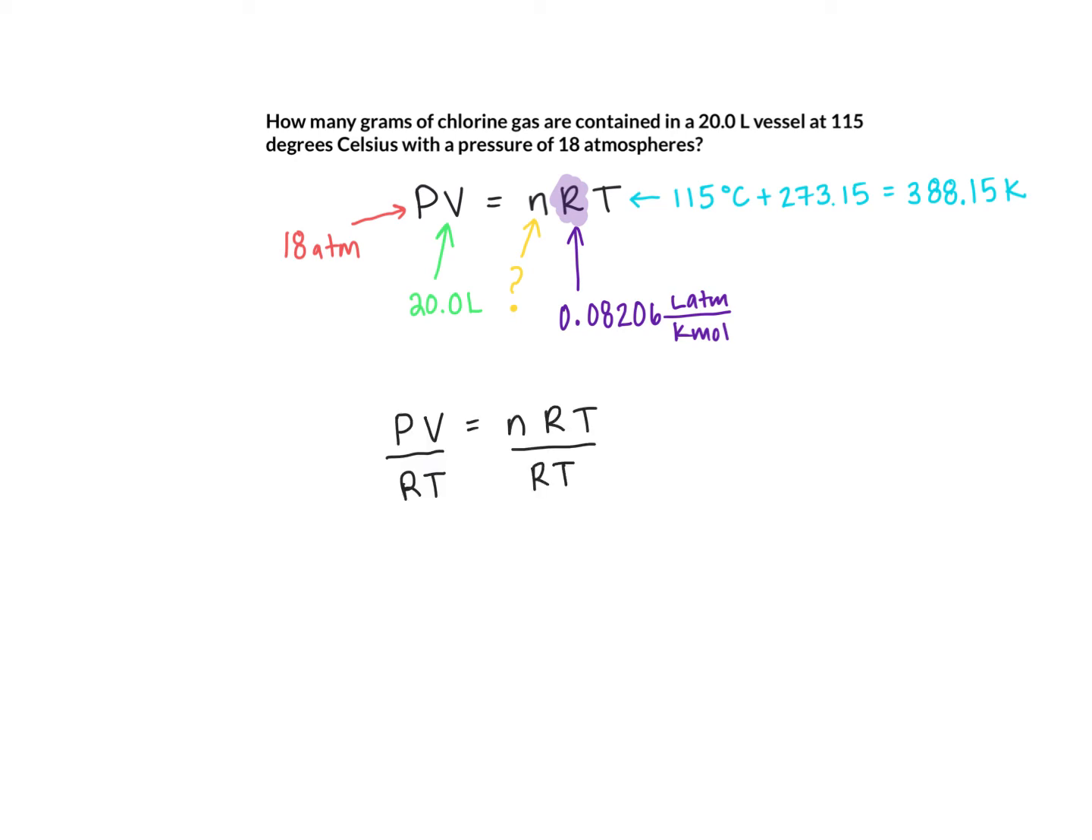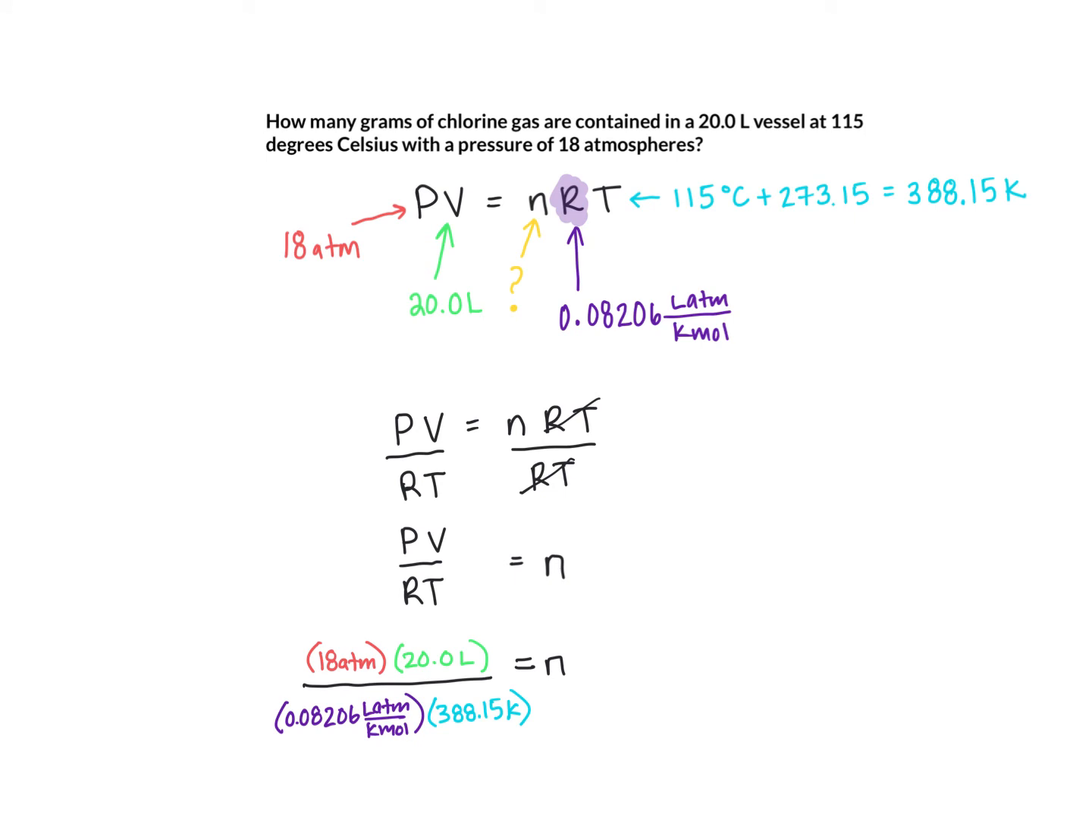I've divided both sides by RT so that RT cancel, and I've solved for n. Now I can plug in. Make sure you show your work and plug in your numbers with units. Also, make sure you follow order of operations. You need to multiply the two numbers on the top and multiply the two numbers on the bottom before you divide. So our calculator answer before we round it is 11.302, a whole bunch of other numbers, and the units